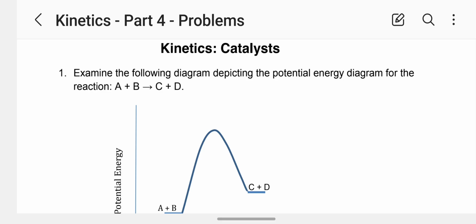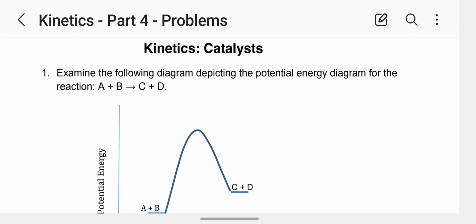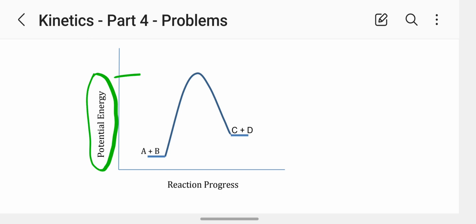Generally the reactants are given as A plus B combined to form C plus D. So we have a diagrammatic representation also that A plus B in the initiation step do not react, but when they react the reaction rate gets much stronger, and the curve shows that the potential energy rises very high at this point, and then from this point it also comes down